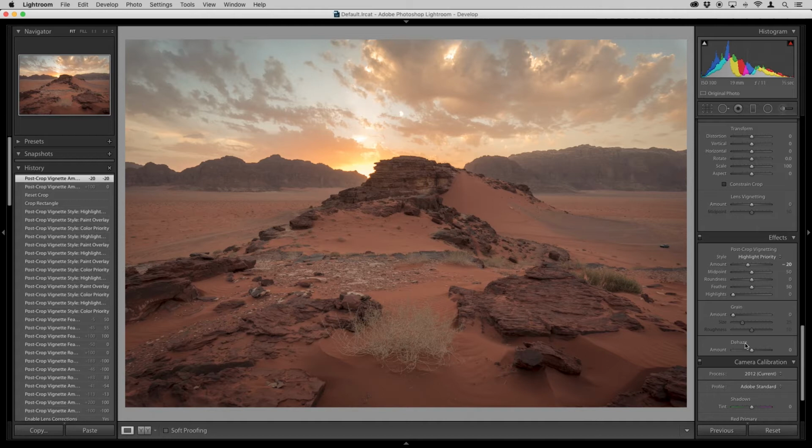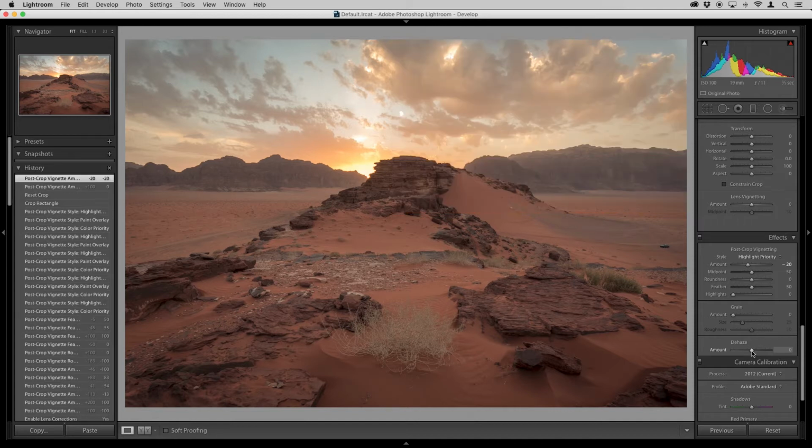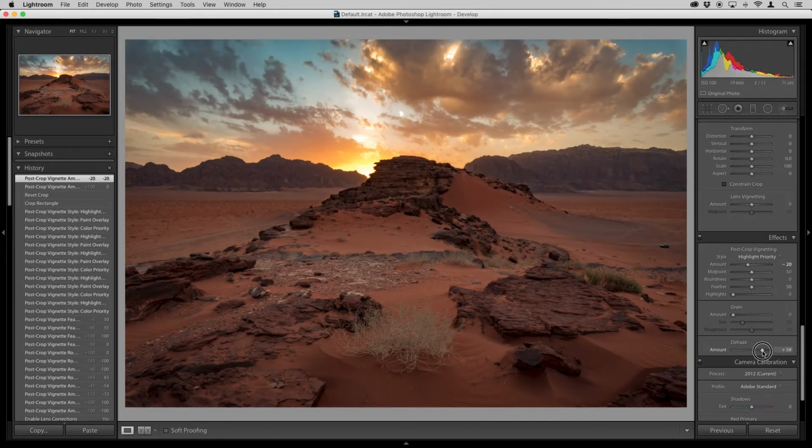And one more thing that we've got here is dehaze. So let me show you what this does. If you have an image that has some haze, this tool can actually help remove that haze. So as you can see in the mountains here in the back, we actually do see some haze. And if I said, you know what, let me try to reduce that haze, and I grab the slider and move to the right, as you can see, it's doing the removal. But at the same time, as you can notice, it's actually affecting the entire image.